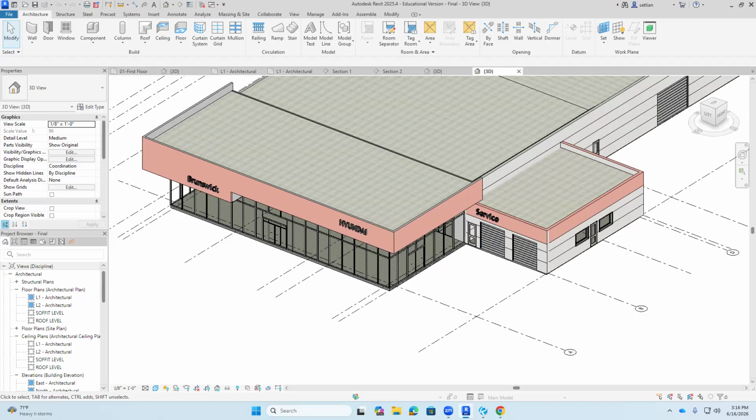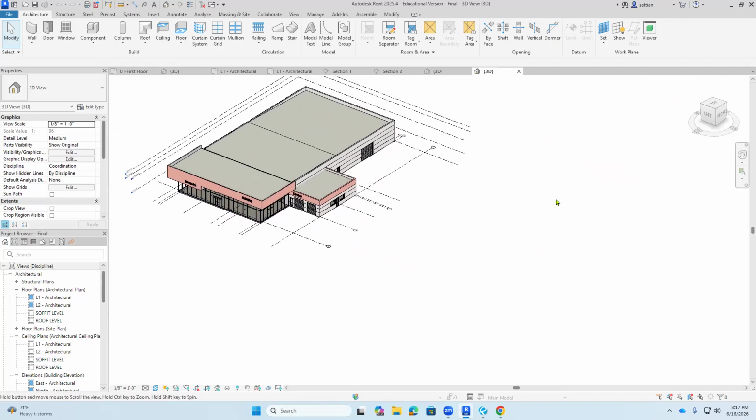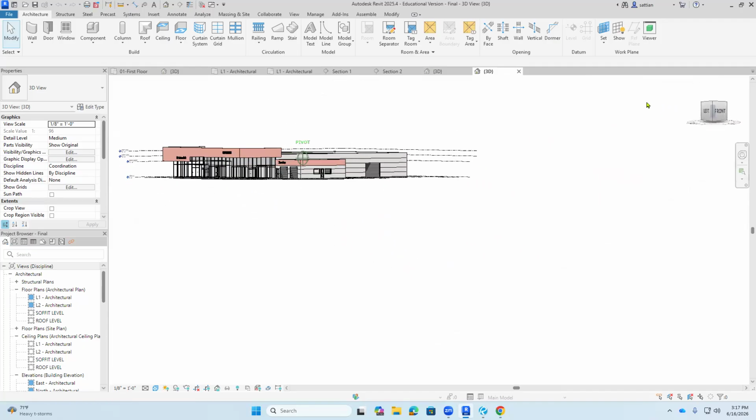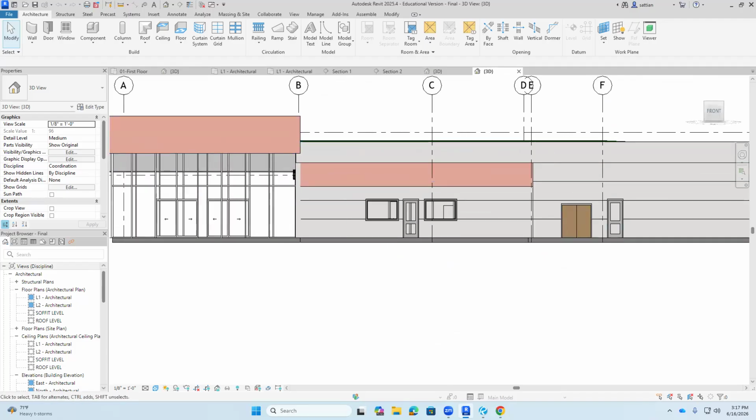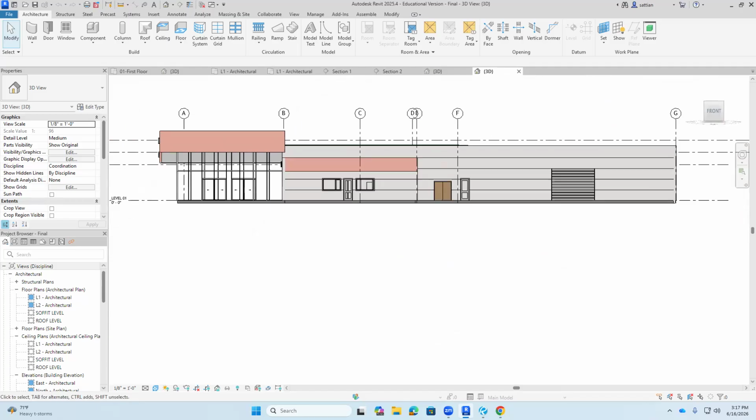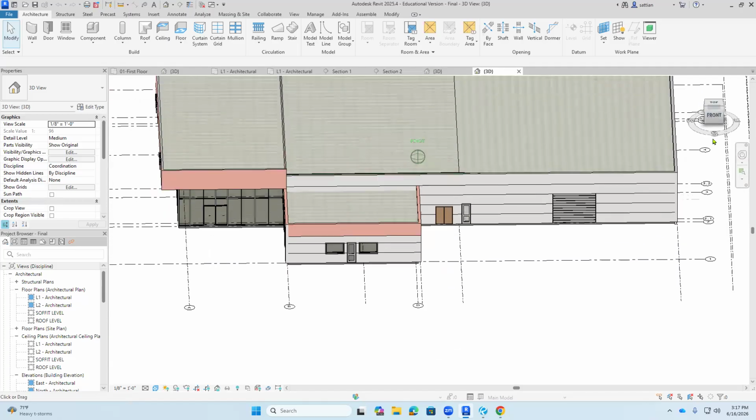Also, hey guys, notice that there are different wall types on the exterior. The building has different heights, right? This service portion is shorter than the sales portion. Make sure you look through the drawings: the service side is shorter than the sales side. And this is an exterior panel that, if you look at it from the top,